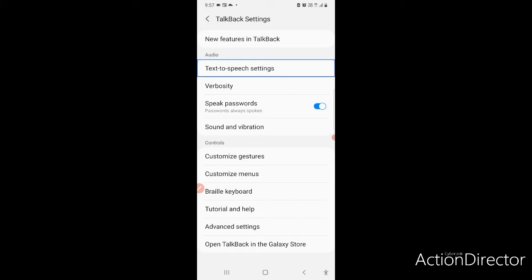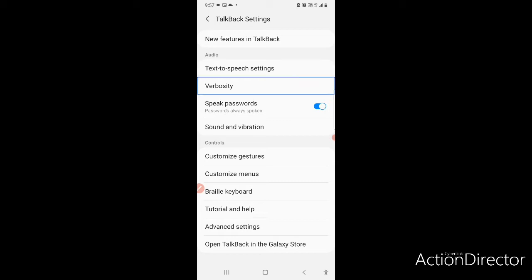Also I can set the language in which I want the talkback to speak, and I can choose different voices from there. Like if I have set my talkback currently to English, I can choose from a variety of languages from there, that is English UK, English US, English India, like that.